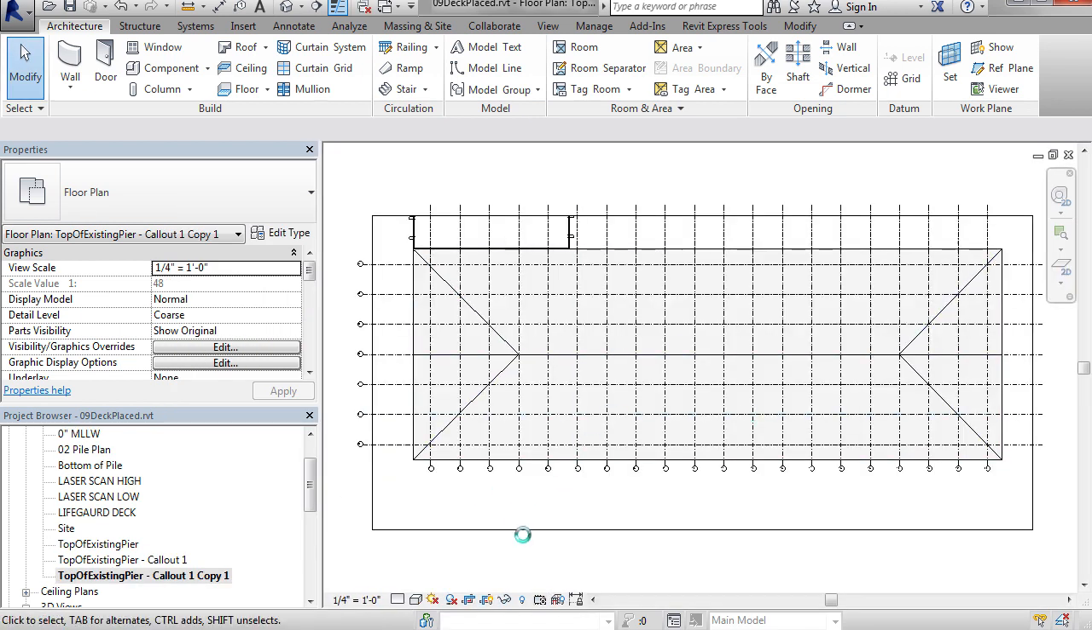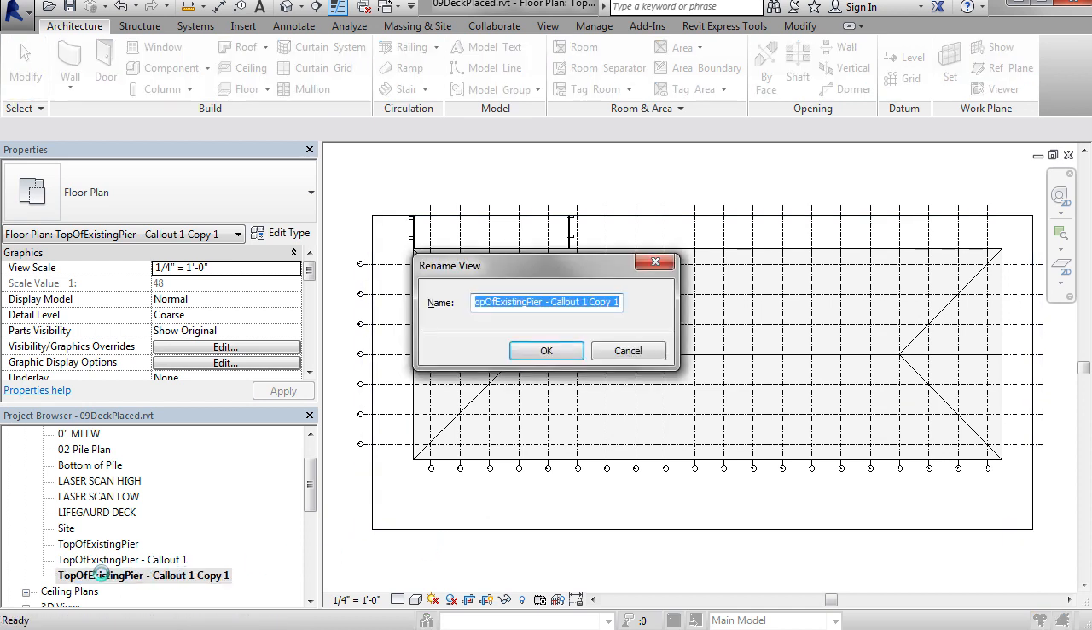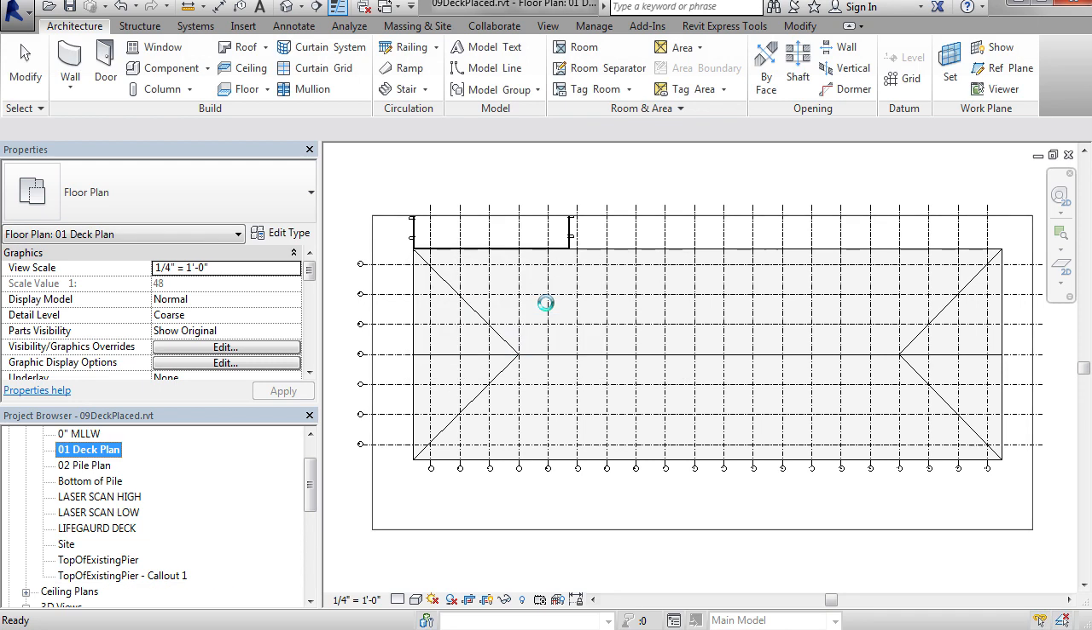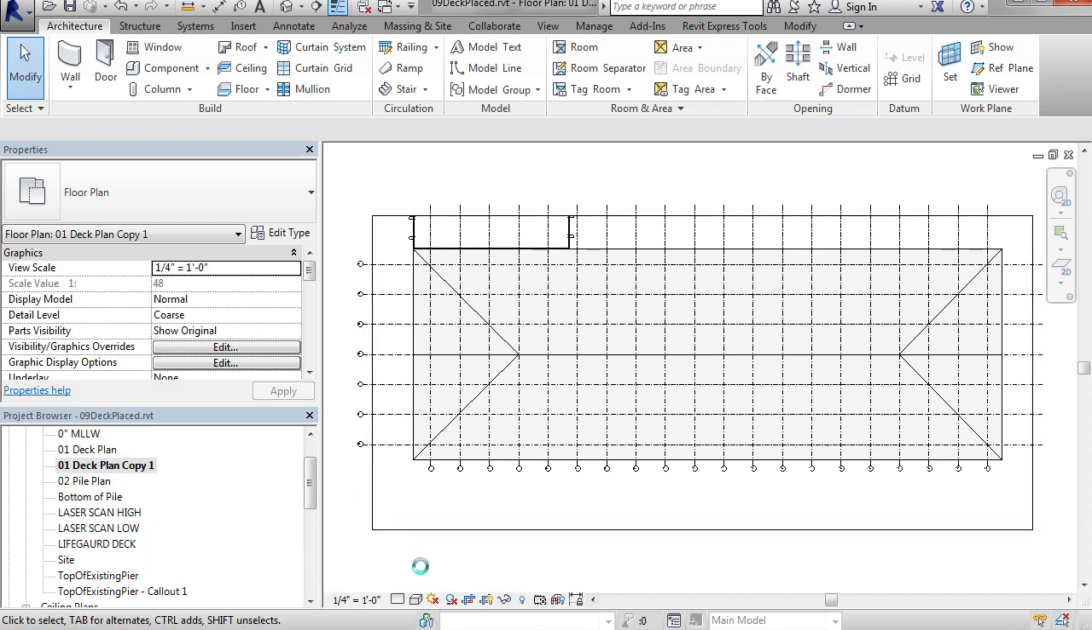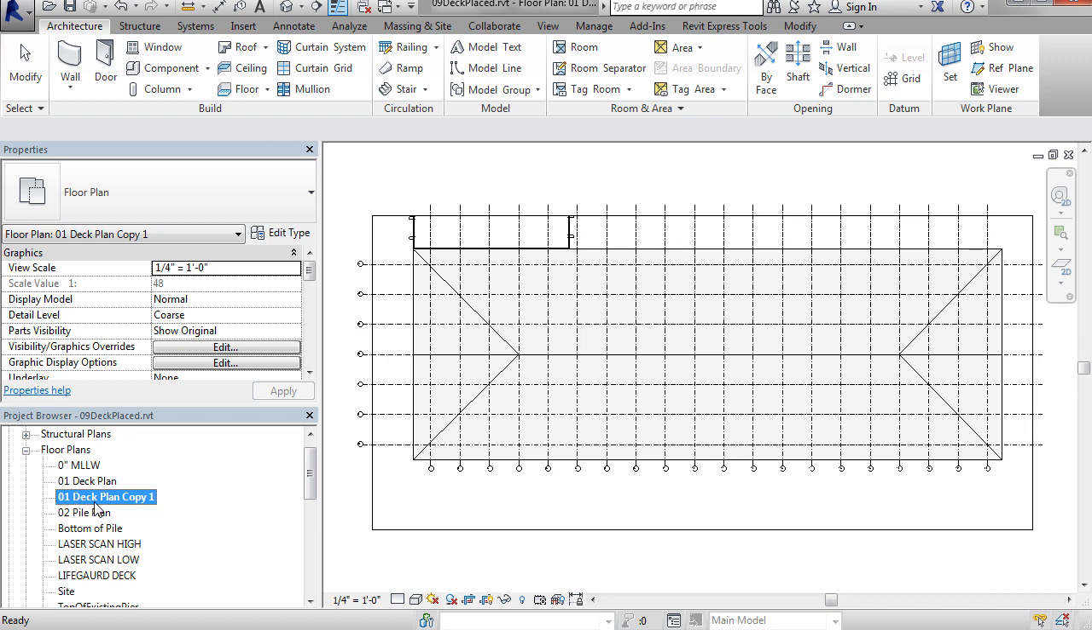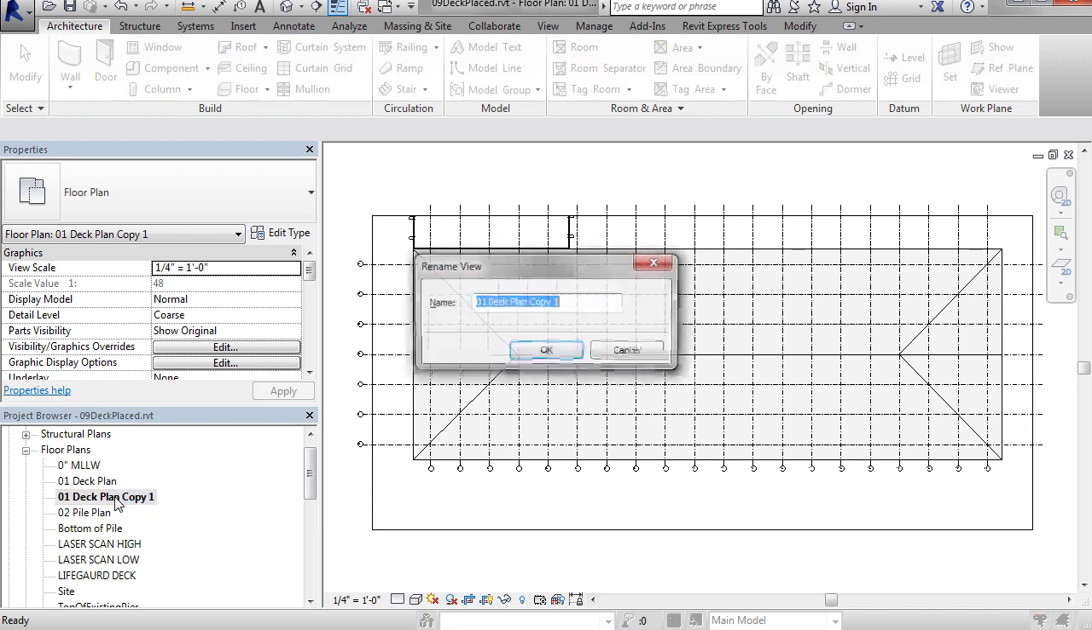Zoom extents in the view to get that centered. Left click on the view name and hit the F2 or function 2 key on your keyboard. And we'll rename this to 01 Deck Plan. And again, right click that view, duplicate it with detailing. And again, we'll find the view in the project browser, left click it, hit F2, and this one we'll call